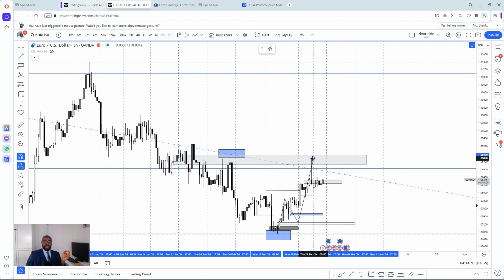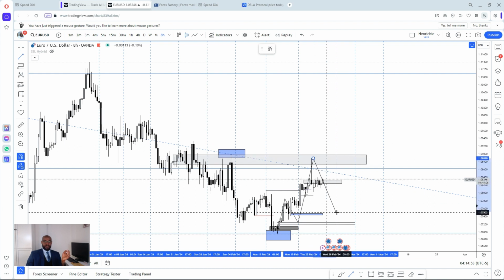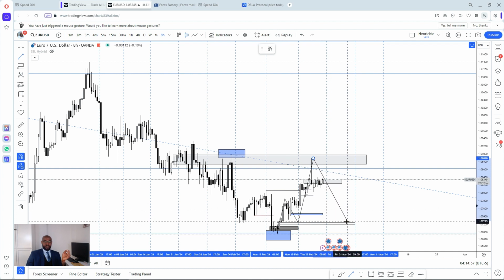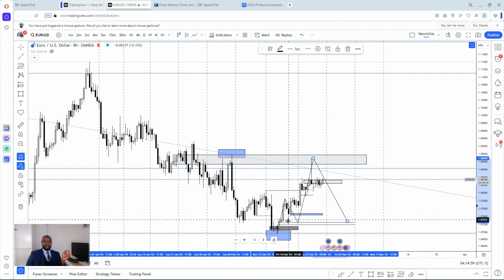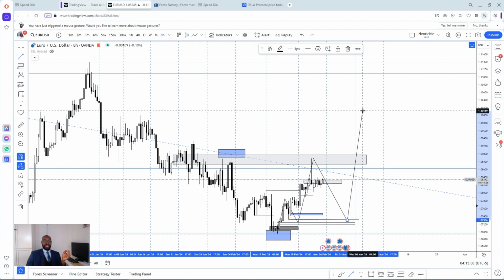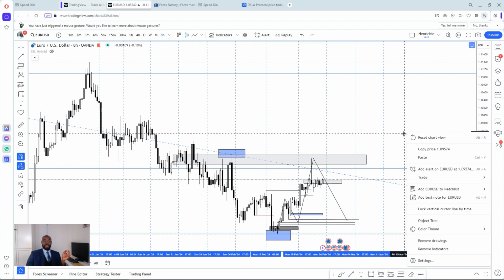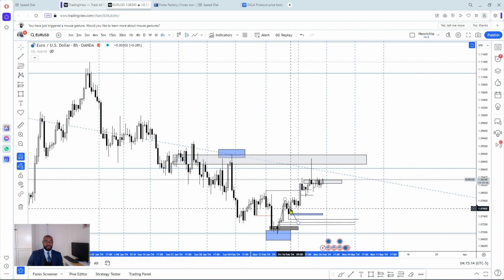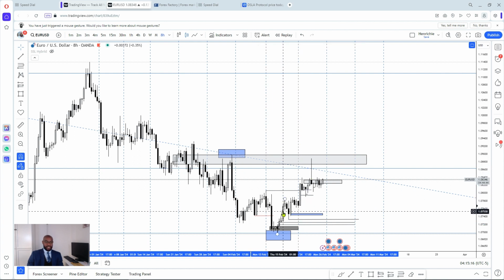And one of them would be to come back into this key level, either to mitigate the bodies of the candles or to run the liquidity, the sell side liquidity before a rally. Because if we are to see the big impulsive move we are anticipating in the marketplace, it's going to be so hard for price to make that big impulsive move without first running sell side liquidity,